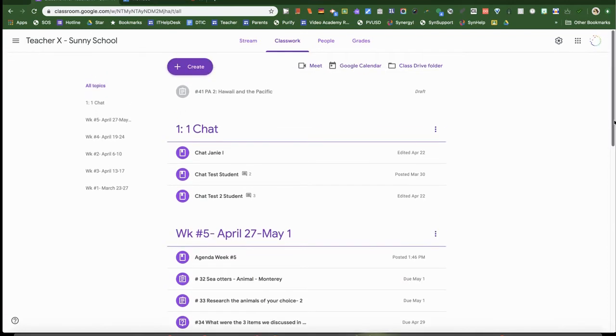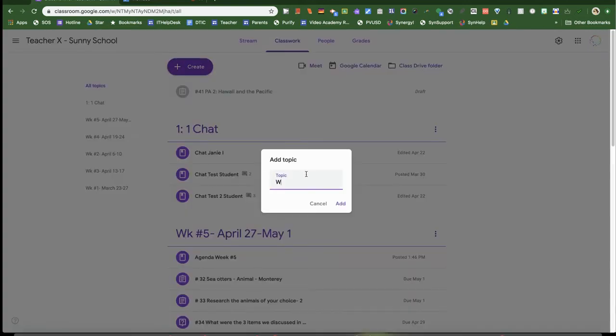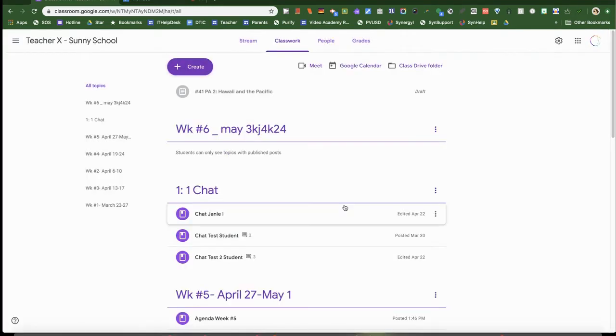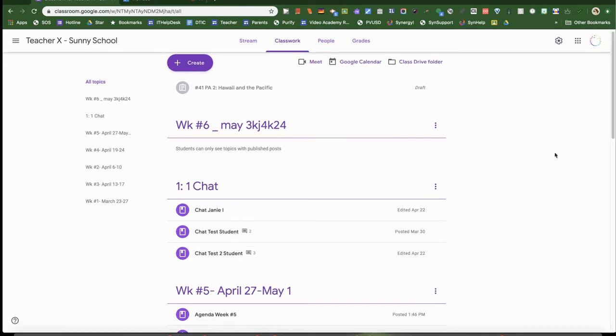So, one suggestion is to create topics that identify the week. In this case, it's week 5, April 27th through May 1st. How do I create topics? You go up to this create button, click on topic, and let's say I was getting ready for week 6. Once I have the topic created, then I can start adding my assignments,